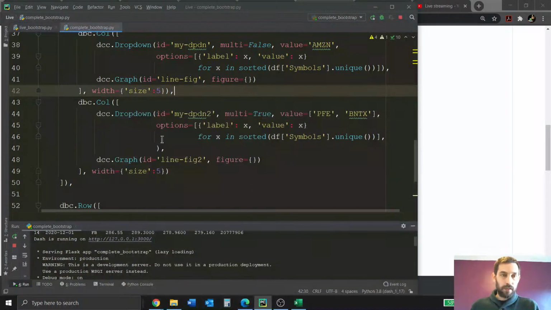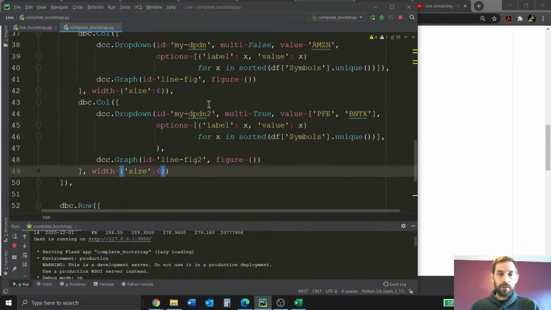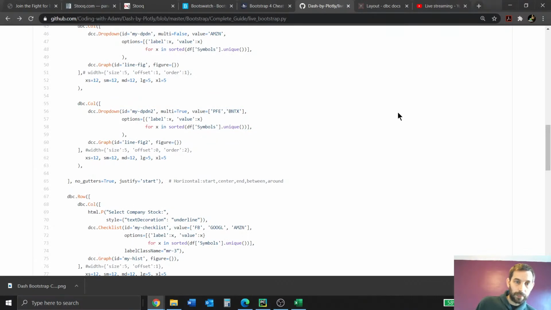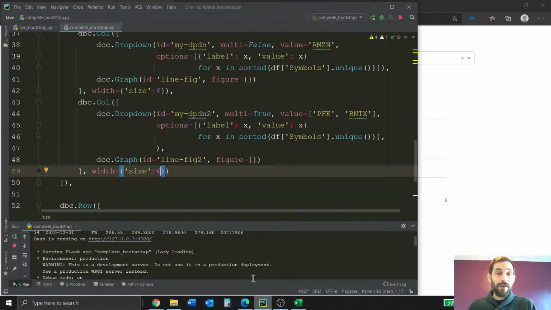Actually, let's make it 6 and 6, just so you see the difference, what happens. So it's exactly in the center. Perfect. All right, so you see 6 columns here and 6 columns here, but you see there's space on the right and space on the left. So now we're going into some interesting Bootstrap material. If you want to delete this space on the left and this space on the right, what you can do